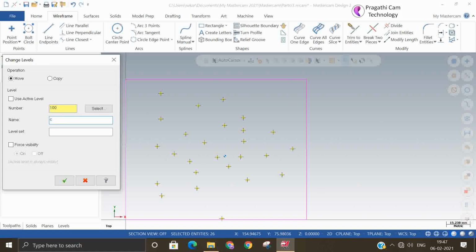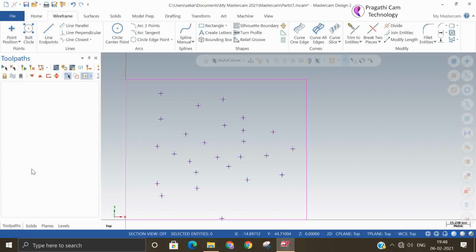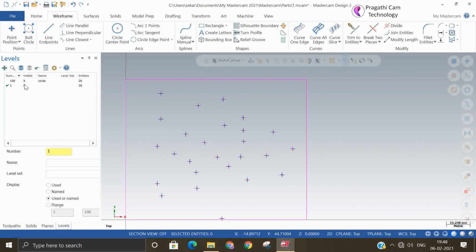Okay, you type the layer name and okay. So now I moved all the circles to the layer. So what is left is my points. So now you directly use these points for the drilling application. So there is no worry about whether it is selecting the center or the quadrant. So that difficulty or error may not come in this situation. Okay, this is called the use of small arcs.